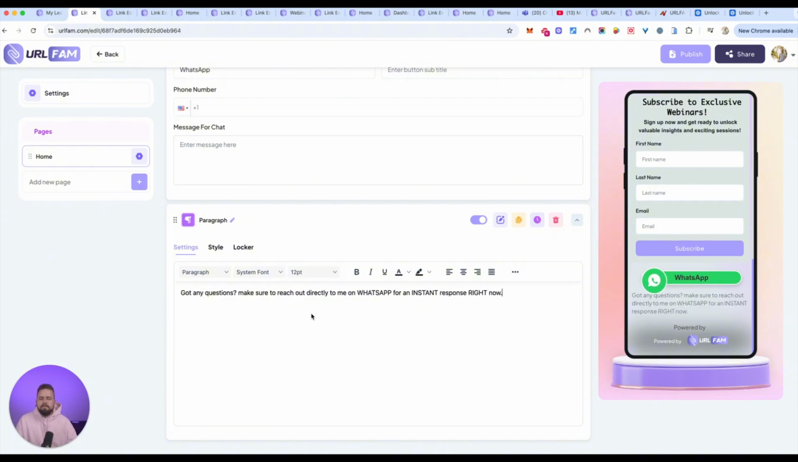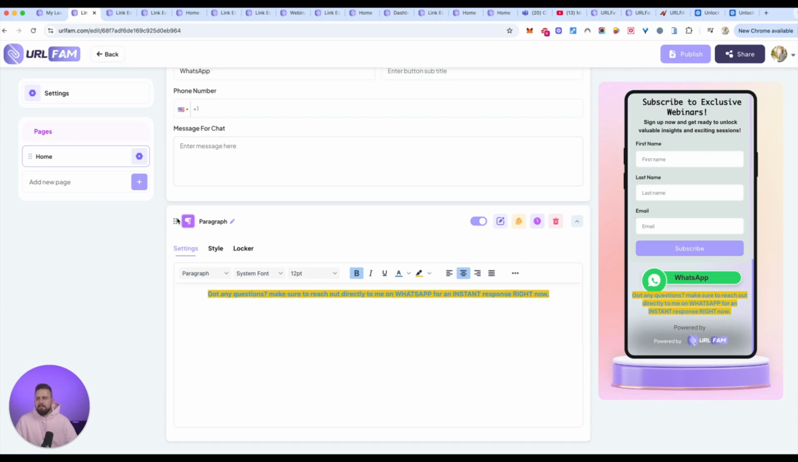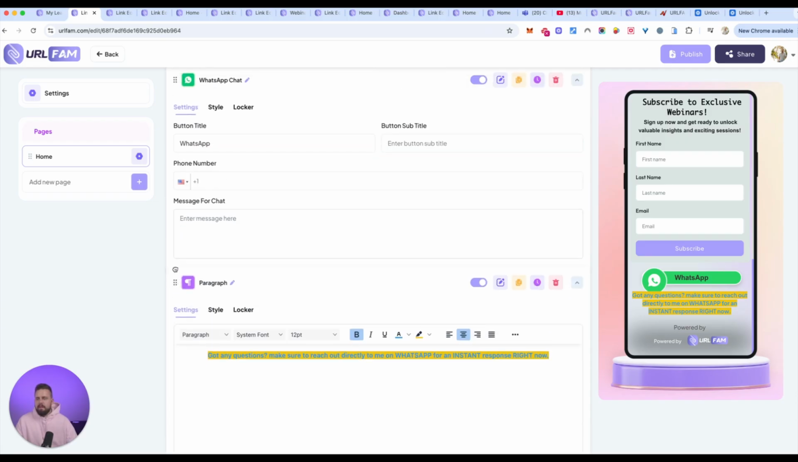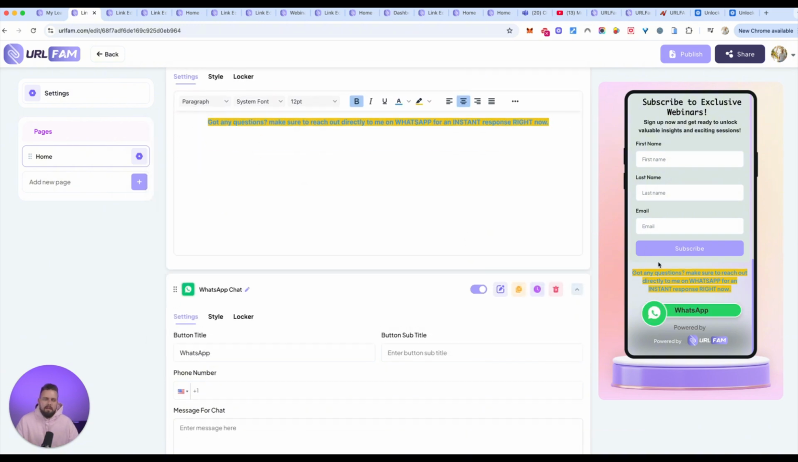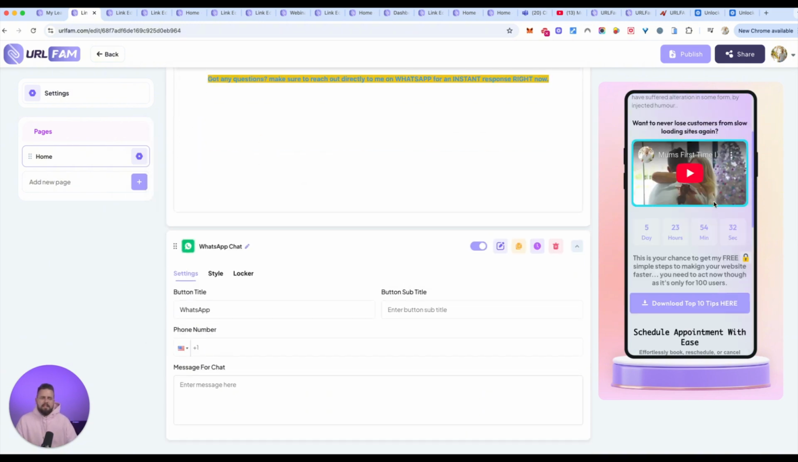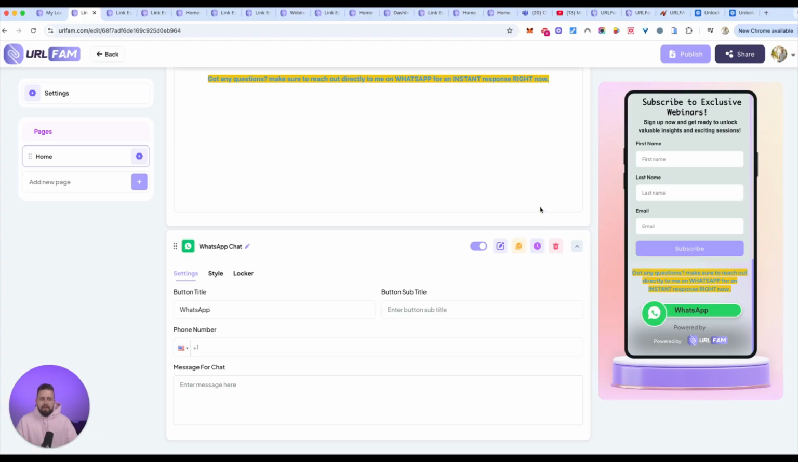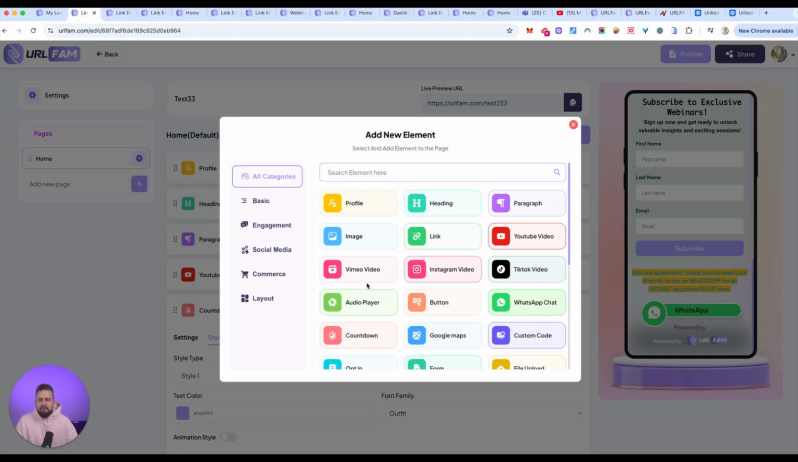Right now, bold this. You can change the colors of this here, or change the background colors, I should say, and the foreground. And I might move this directly above the WhatsApp button. And you can start to see how you would continue to fill this out and create your individual